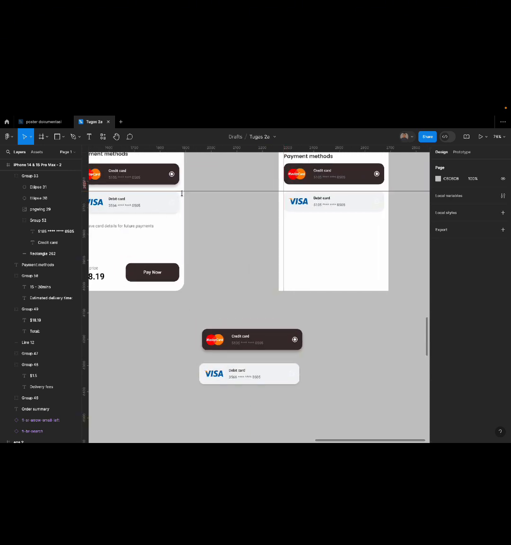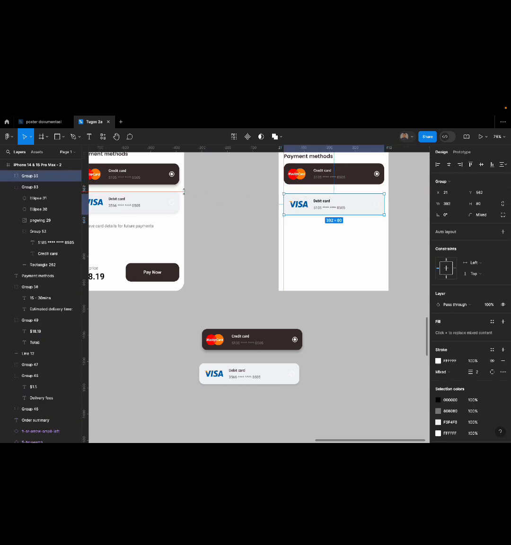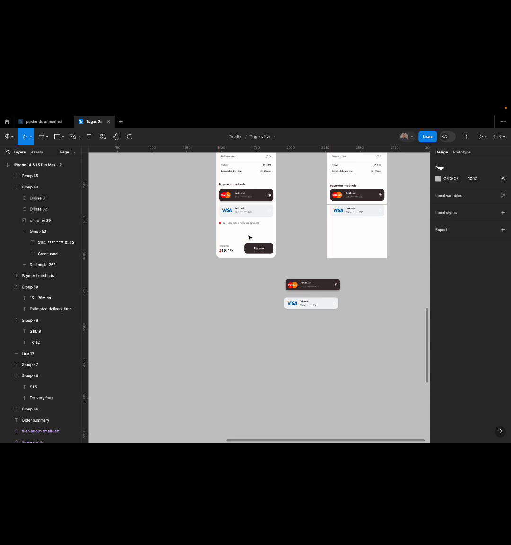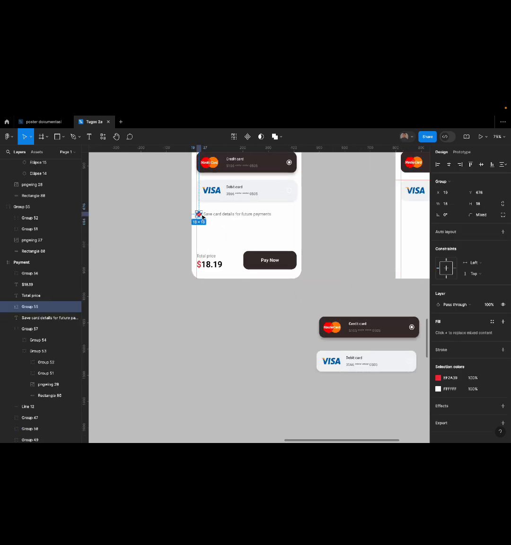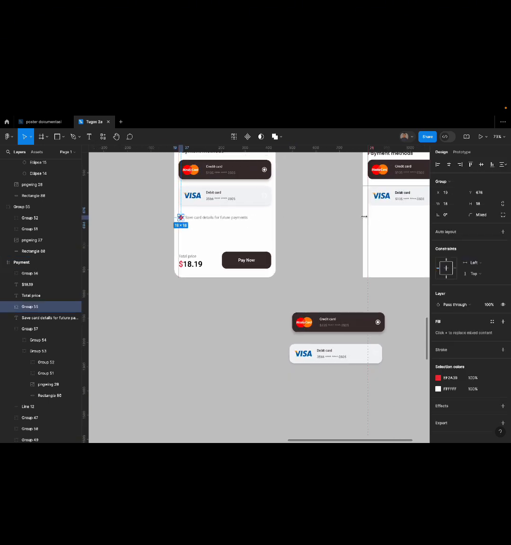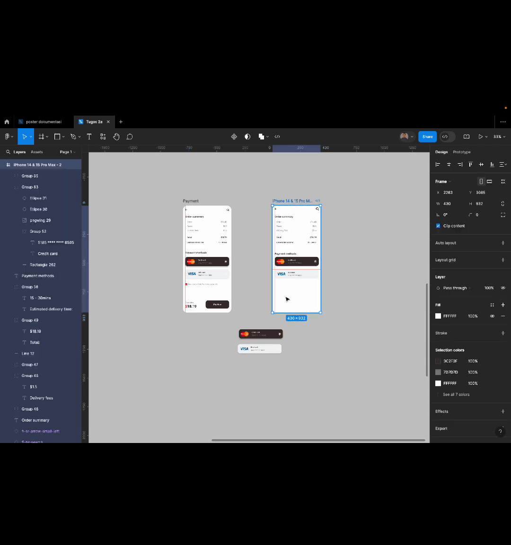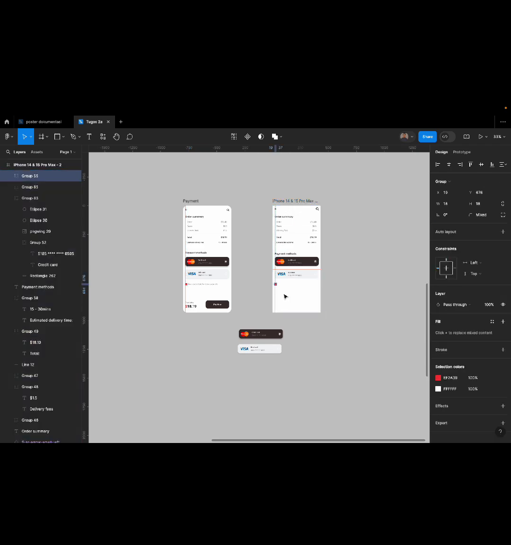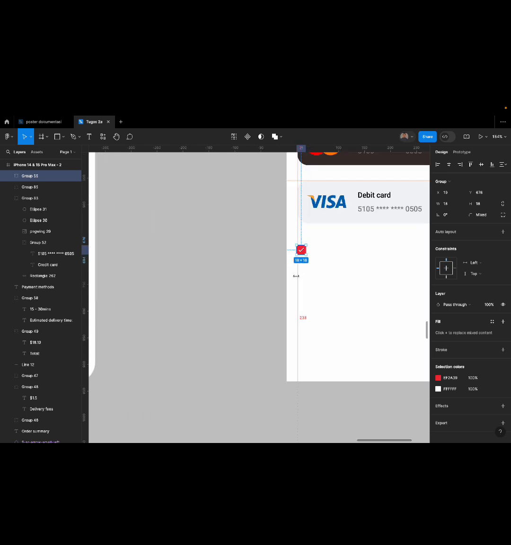Use the ruler until it looks neat. And you can get it on the icon plugin like this.